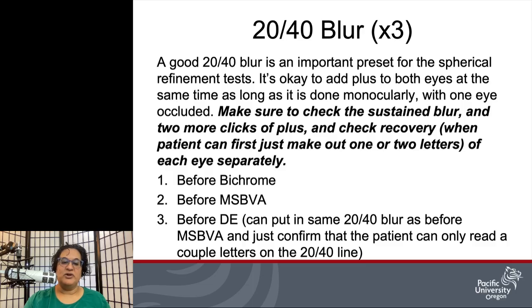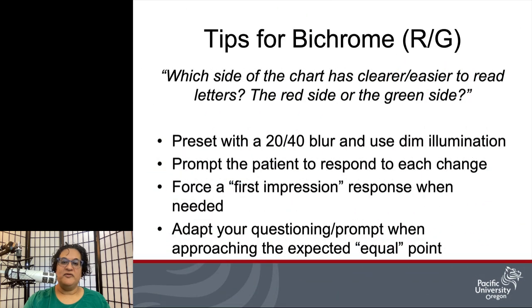If you've chosen to put in the same 20/40 blur that you had in before MSBVA, then when you put that 20/40 blur in, just confirm that the patient can only see 1 or 2 letters on that 20/40 line with each eye separately. For the proficiency, you will be required to use bichrome as a test for your first